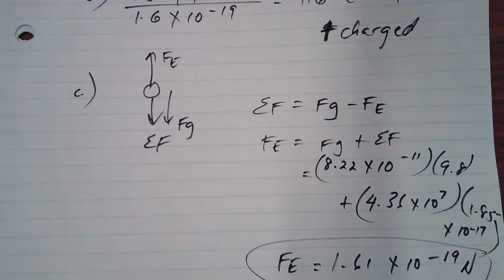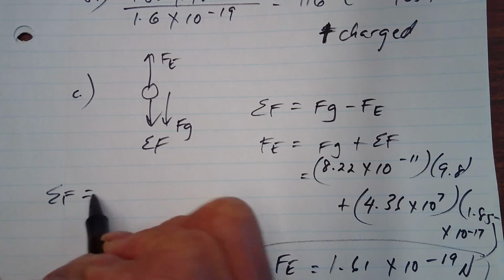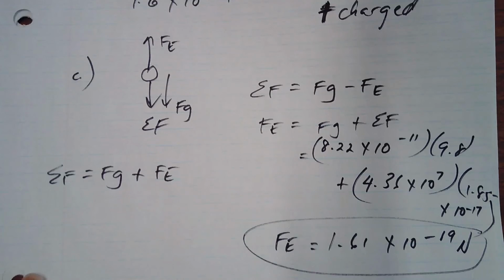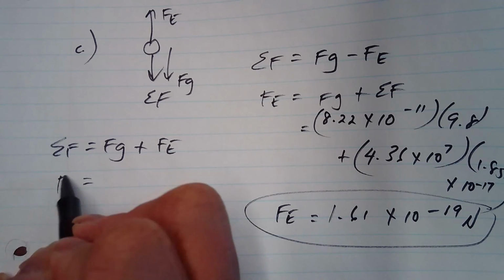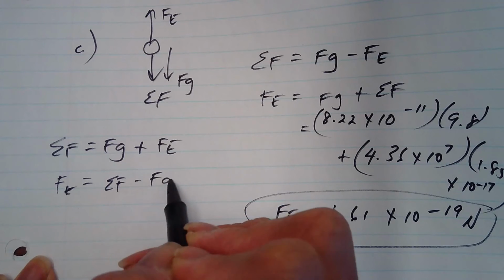So it looks like we're assuming the picture is the same. So then you'll get Fg plus Fe is the assumed equation here. So if you did that, then your Fe is going to be your net force minus Fg, and you get